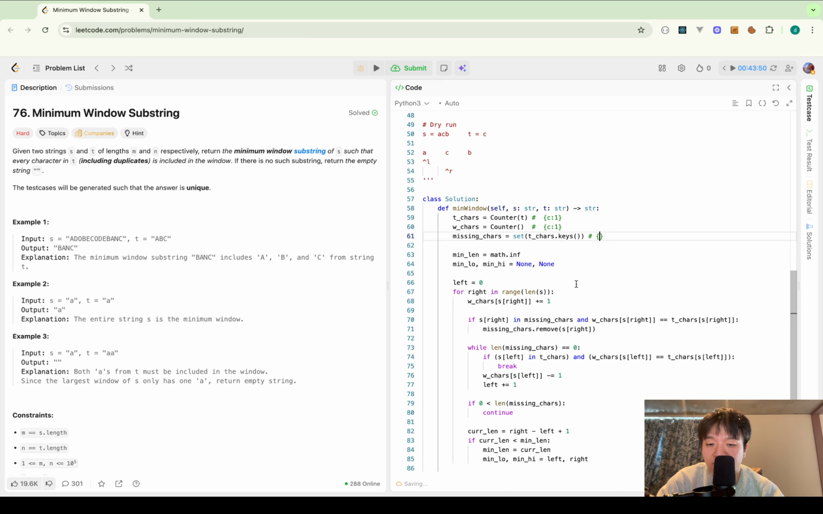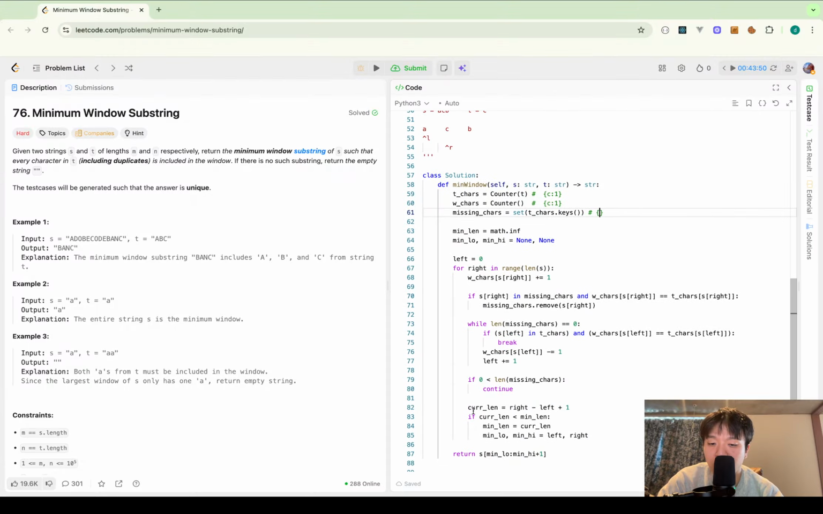Okay, and I go to line 73. Length of missing chars is 0. So I go to line 74. And S left, A, is not in teachers. So I go to line 75 and break and come to line 79. And now ranks of the missing chars is 0. I go to line 82. Current ranks is right minus left plus 1, which is,